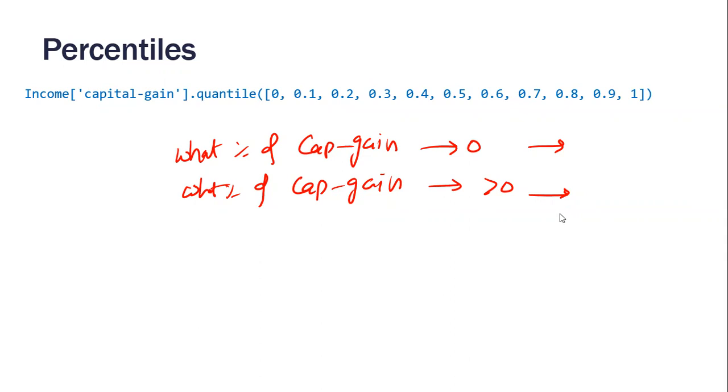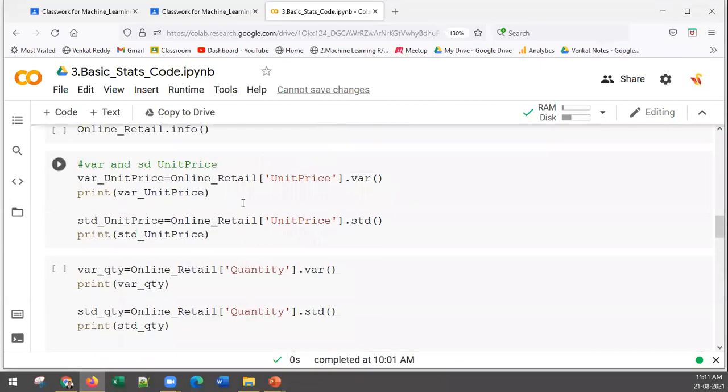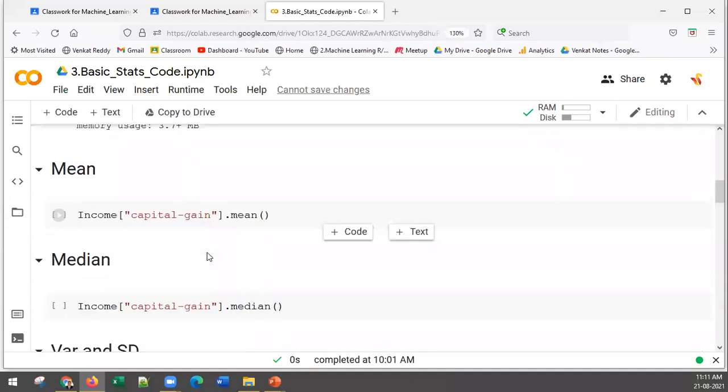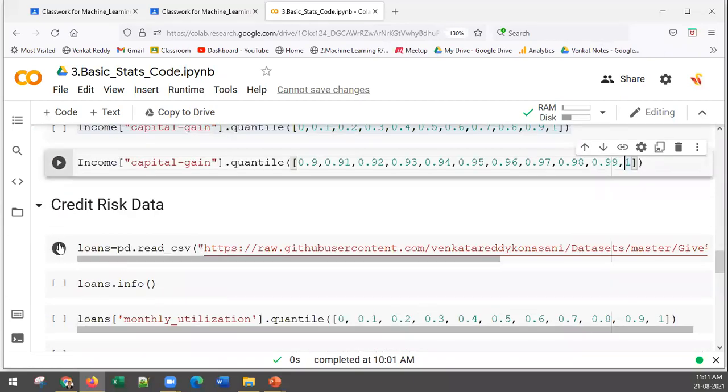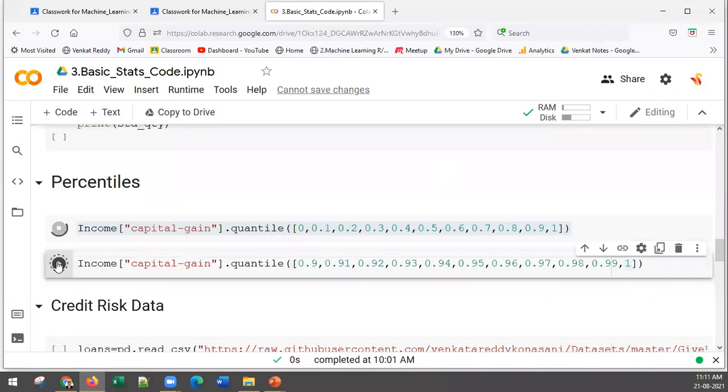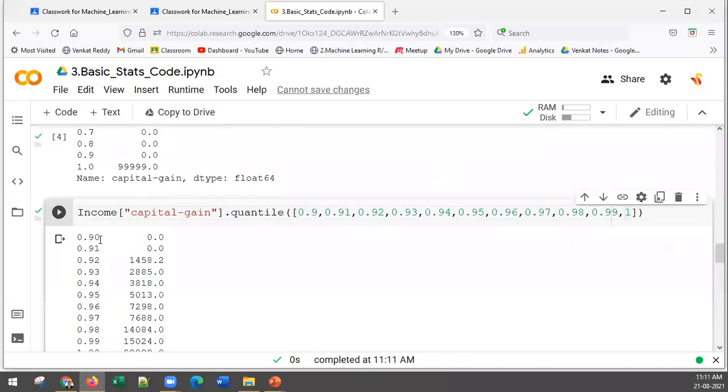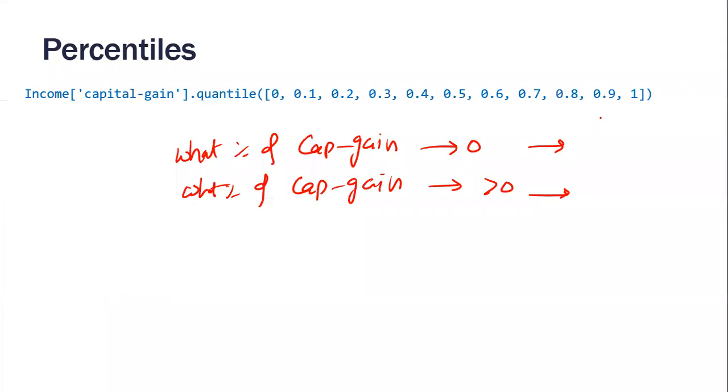What percent of the capital gain is 0 for sure? Eventually, what percent of the capital gain is 0? What percent is non-zero? Let me also do it. 91% is 0.